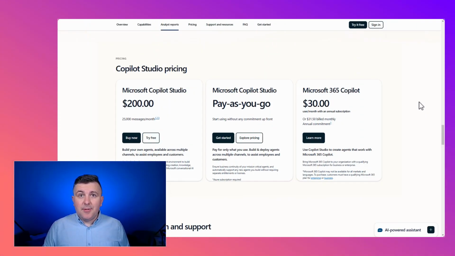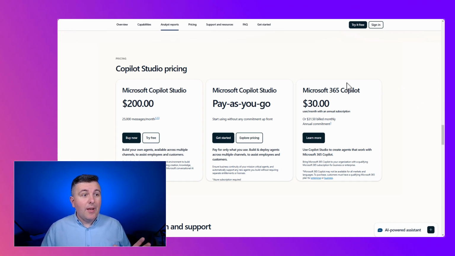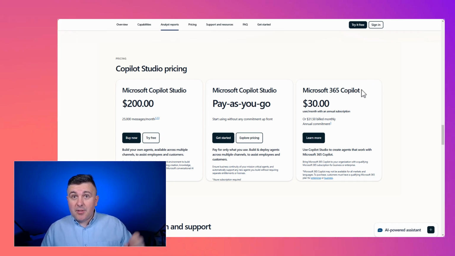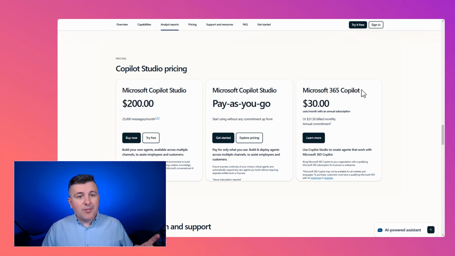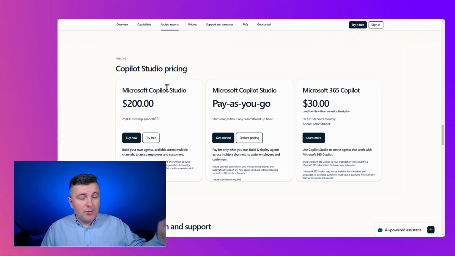And for you as an administrator, it will also be very important to understand what the pricing will look like for the agents that are available in SharePoint, because first of all, you can use a Microsoft 365 Copilot subscription that will give your users access to the agents in SharePoint, but you can also deliver the same functionality using Copilot Studio